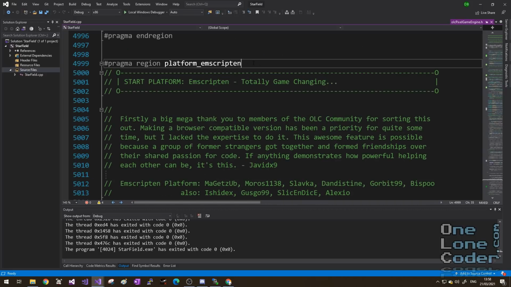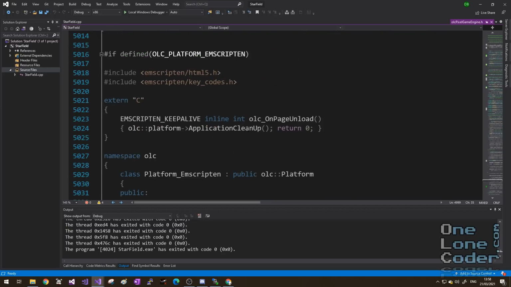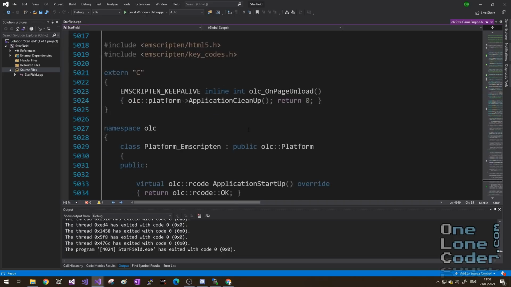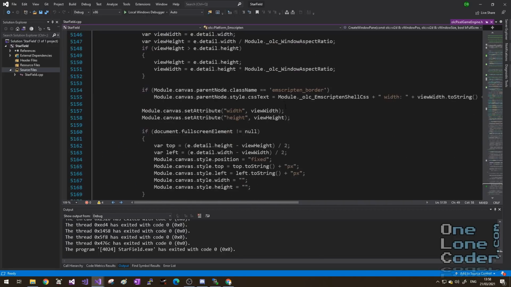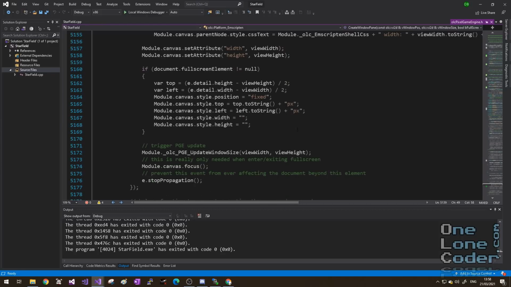The Emscripten platform implementation currently resides at the end of the header file, and it looks a little different to some of the others. The first thing that looks a little strange is the presence of some JavaScript inside the header file. Yes, I know. But it's necessary to make sure that the PixelGameEngine can handle the